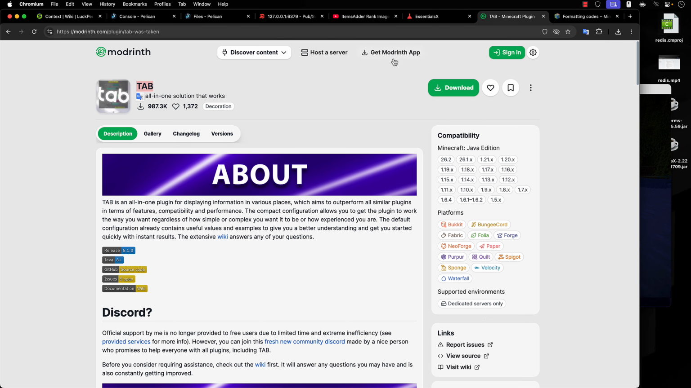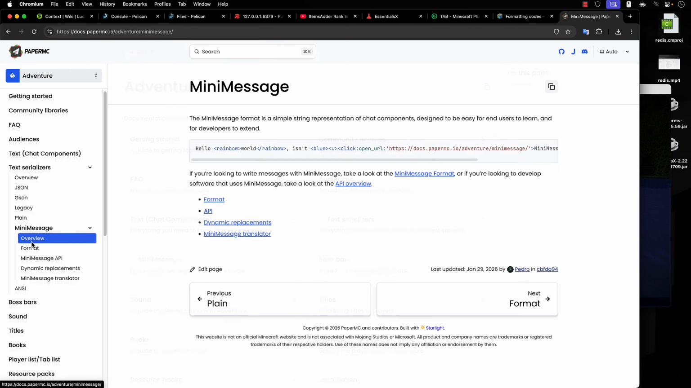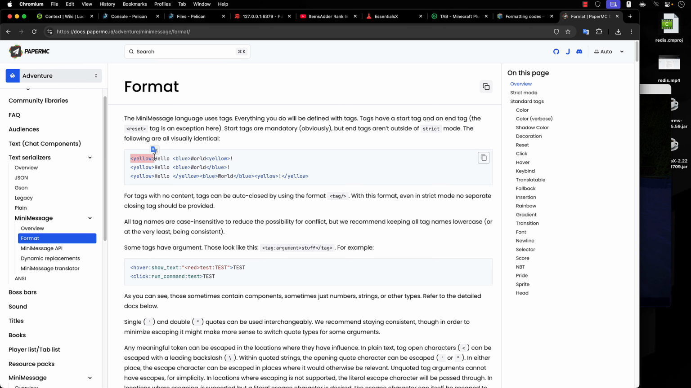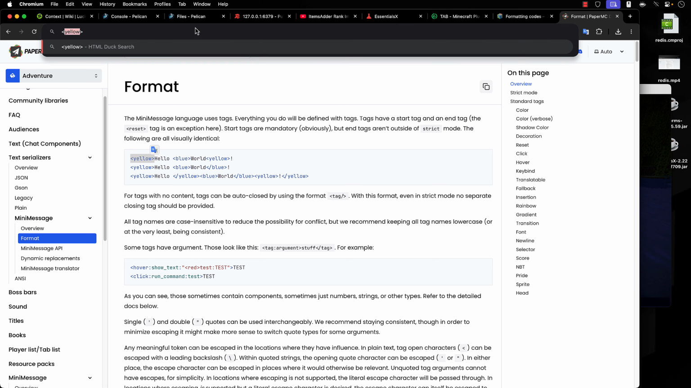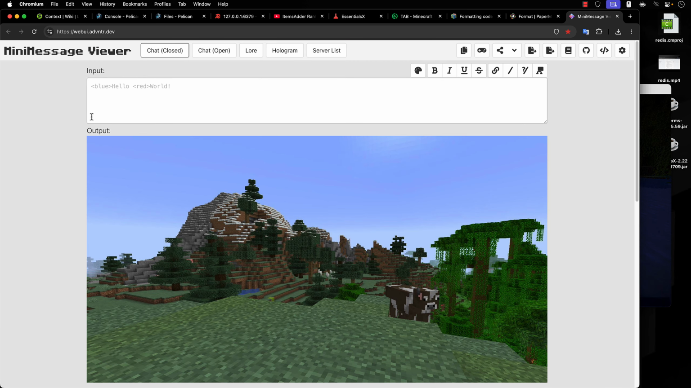Also, if you're using the Adventure library from Kyori, you can just open up kyori.net, go to the docs, click on MiniMessage, go to format right here. You'll notice that instead of typing the color code, we can just type gold like this, all right? And there's even the MiniMessage web viewer to help you. So if I type gold, say VIP here, now it's in gold. So if you have a compatible plugin,